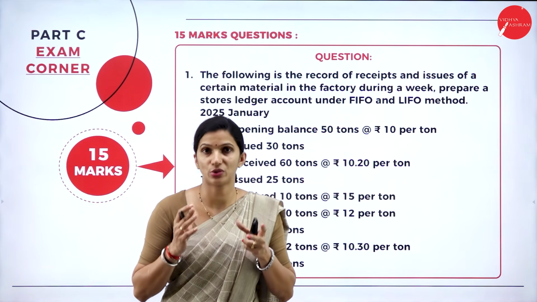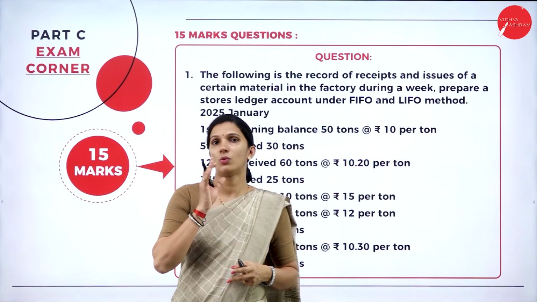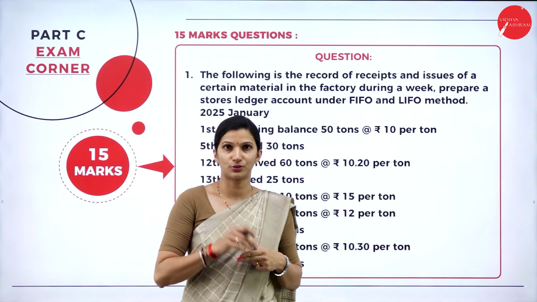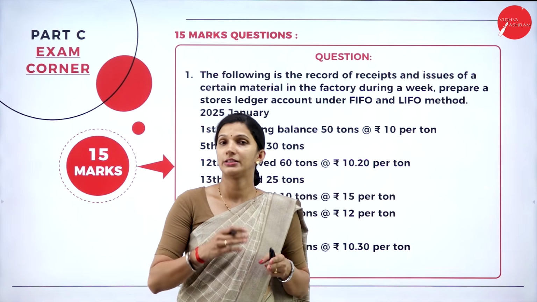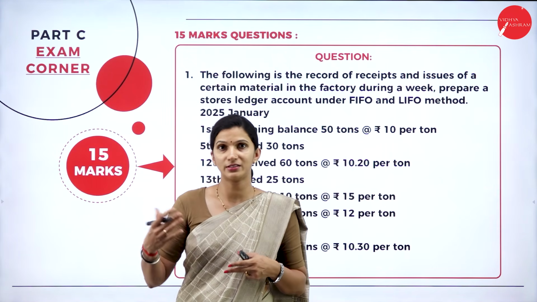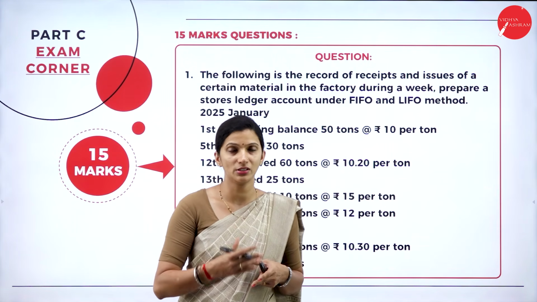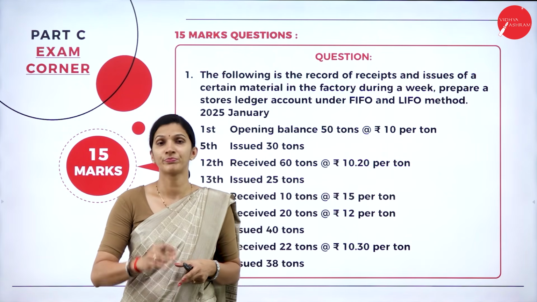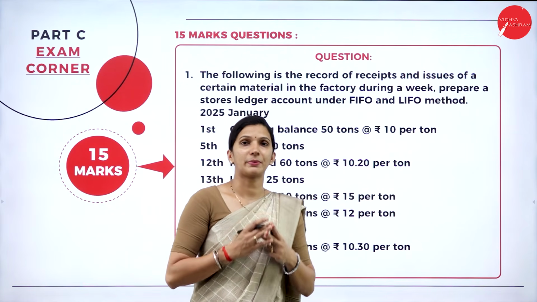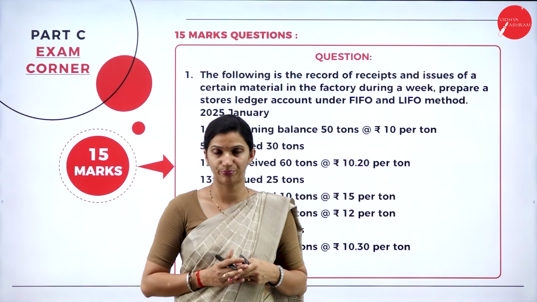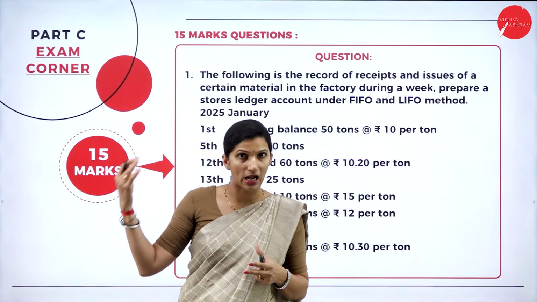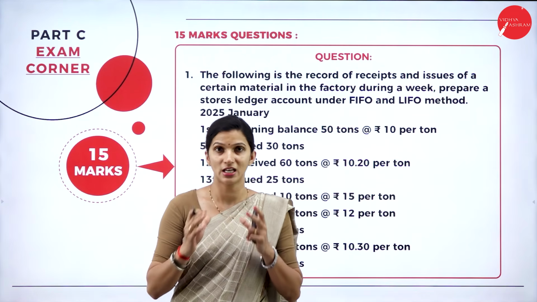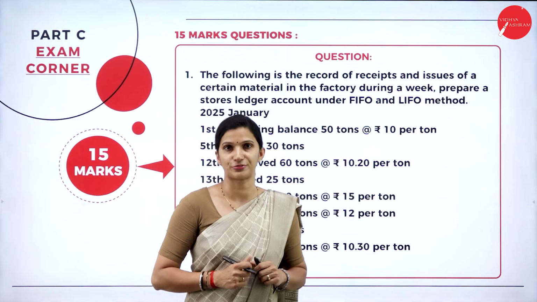The common question that you can expect for 15 marks, one important, is the method of FIFO and LIFO. That is a very important method for the 15 marks. And then the second question, the preparation of primary and secondary distribution summary. You can definitely expect that too under the repeated distribution method. And then one more question, that is the preparation of estimated cost sheet. If the detailed cost sheet is asked for 10 marks, then the preparation of an actual cost sheet and then the estimated cost sheet, that problem you can expect for 15 marks.